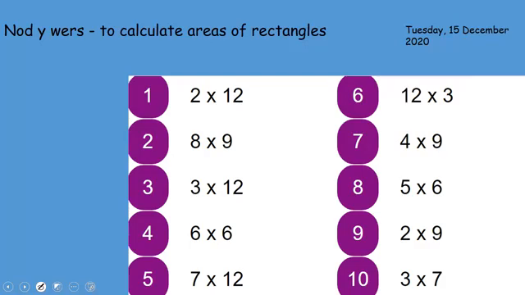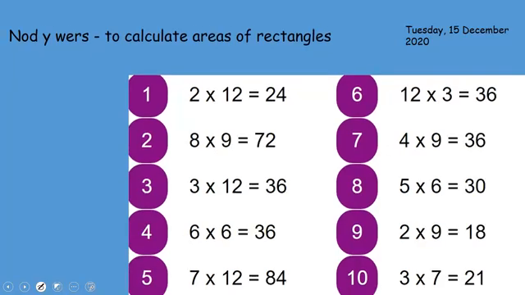Okay, welcome back. So here's the answers, marking your own. All of 36 is there. Okay, so